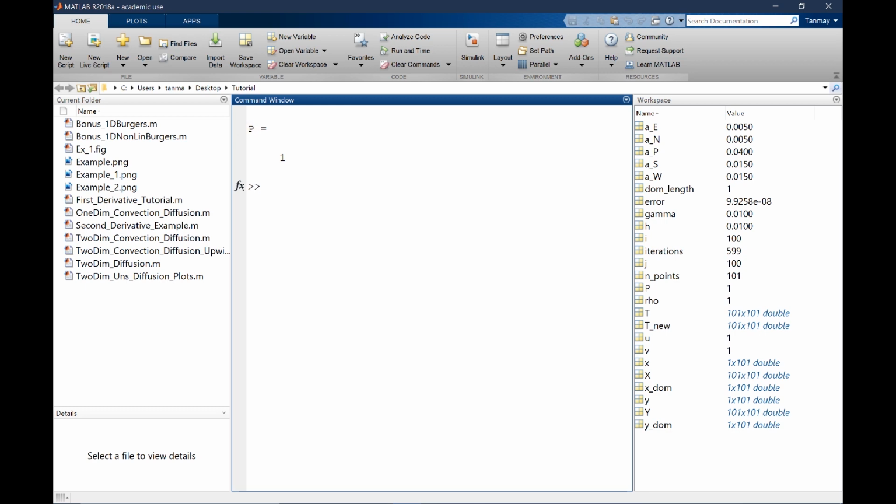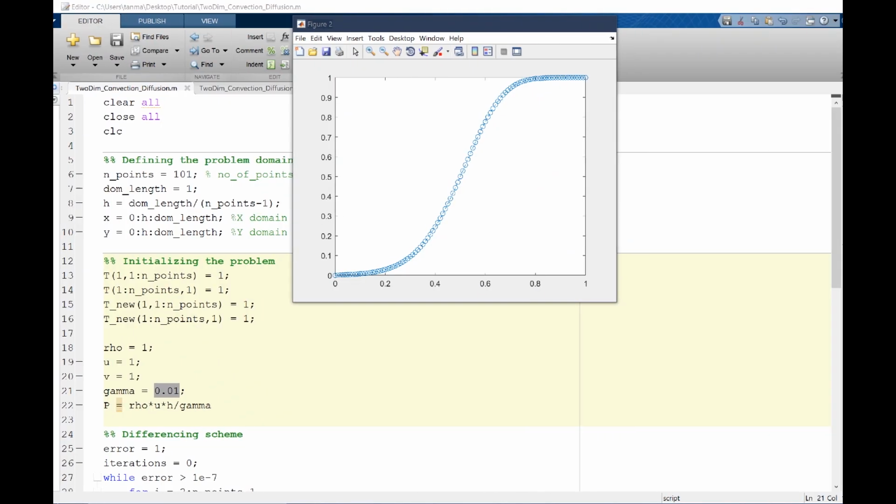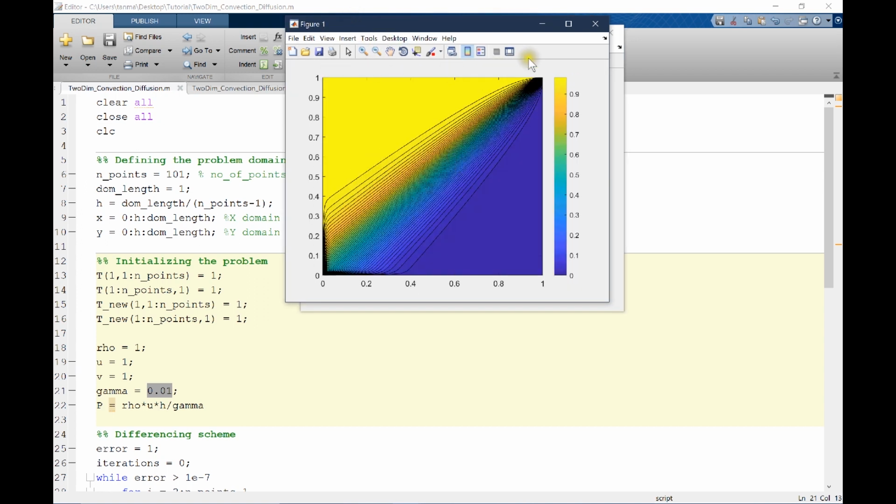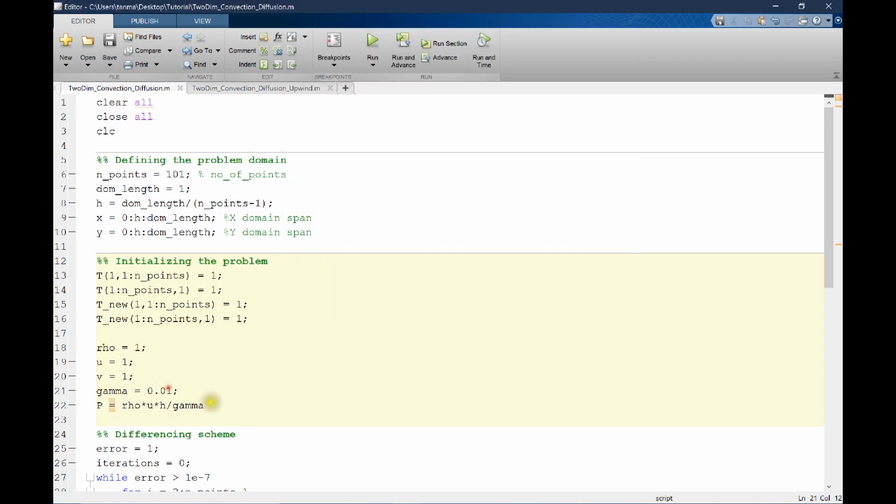First, I want to show you that the Peclet number here is 1. So when the Peclet number is 1, we see that the temperature varies. We see some diffusion here, so ideally it should be a very sharp jump only when the diffusion is very low. But Peclet number 1 implies that there is some diffusion, which you see here as this curved profile, and we also see some kind of variation in the color map, or the contour, here.